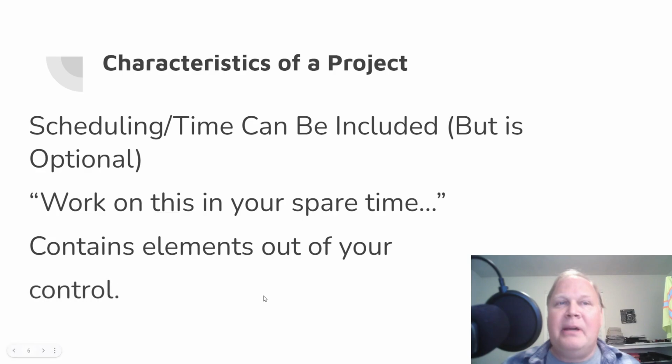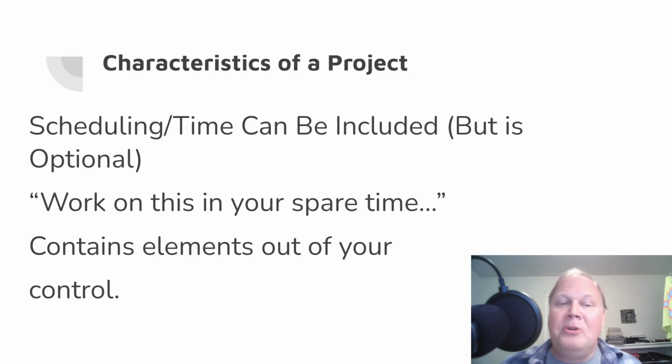Another aspect is, what if there are elements in this project out of your control? In 2020, there were a bunch of projects being worked on by millions of people across the country, and then COVID hit. Obviously, those project plans radically changed. Did that mean that those were no longer projects? No, those were very real projects. But elements outside of anyone's control conspired against those projects and blew up those schedules, etc. So